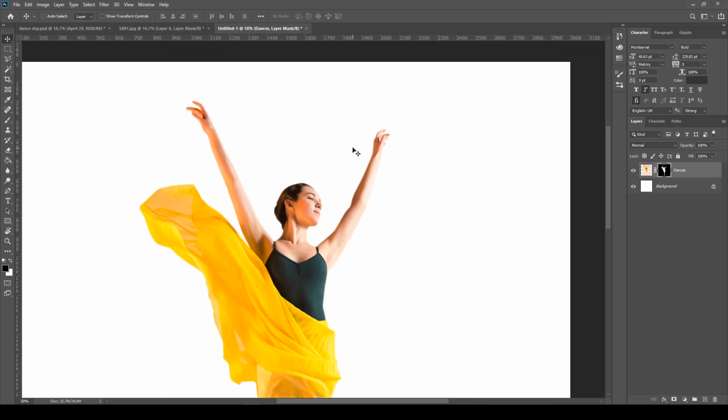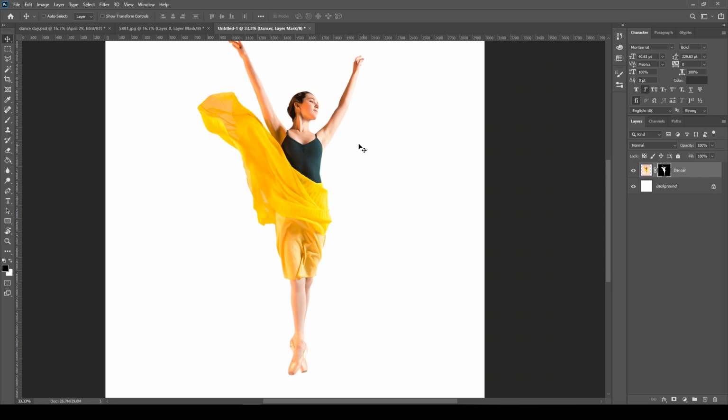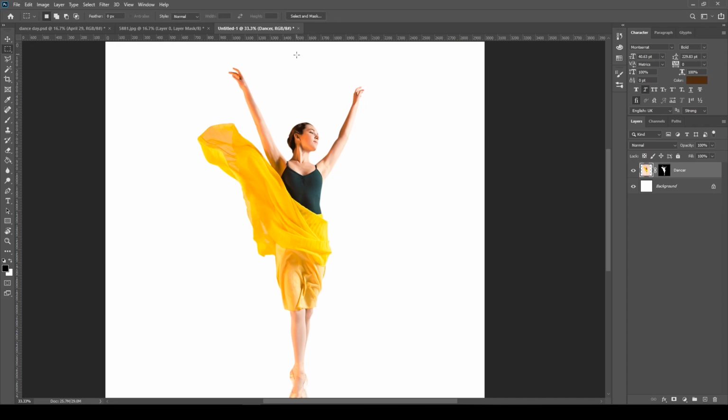So after we have this image, we need now to make the start of the circular stretch. So how do you do that? There are many ways of doing it. One of them is by selecting the